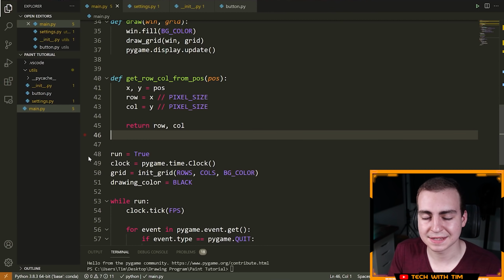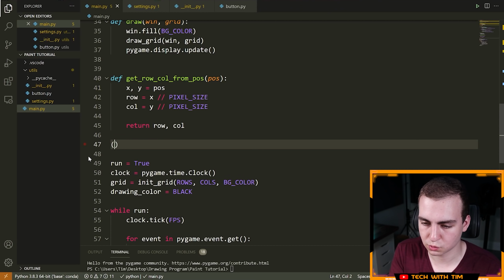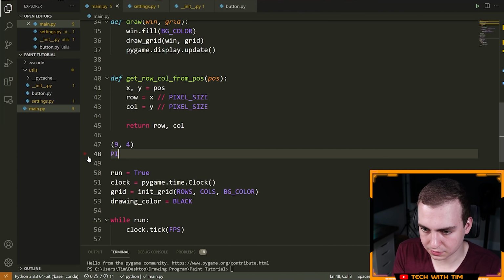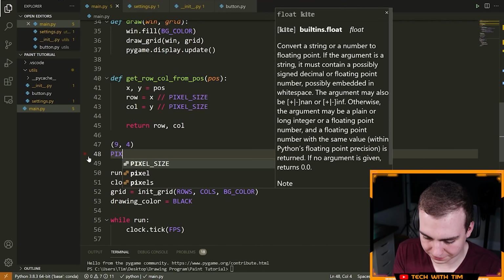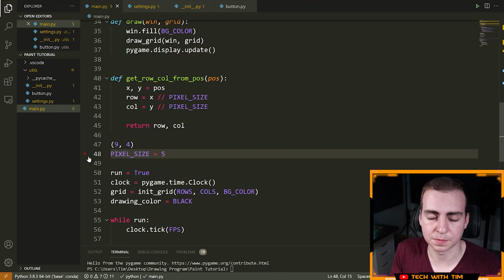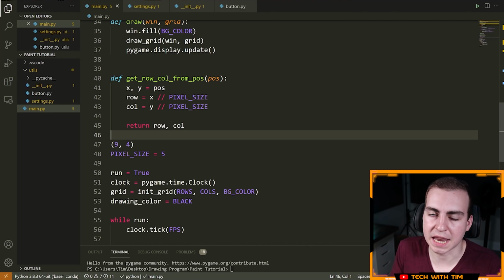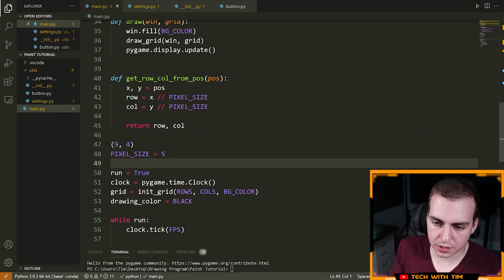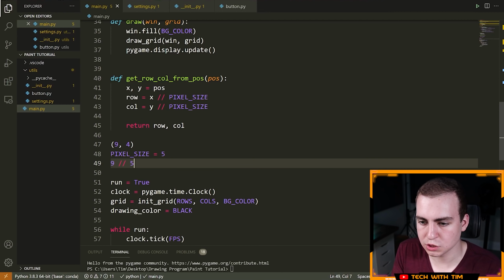All right, so let's just take a simple example here to understand how this works. Let's say we are at position 9, 4, and we have a pixel_size that is equal to 5. So the pixel is 5 width, 5 height. What row and column position am I at when I'm at 9, 4, x, y? Well, the way you figure this out is you take 9 and integer divide it by 5, and that gives you 1.